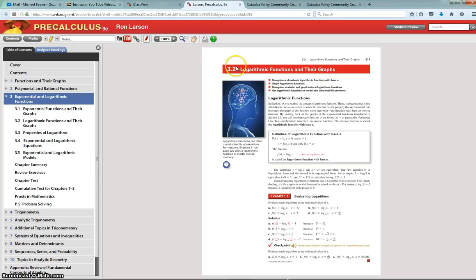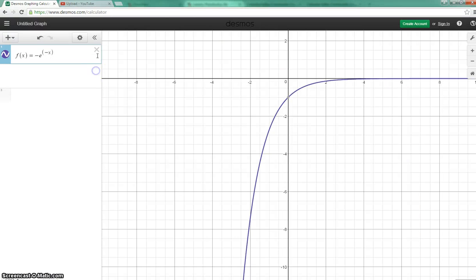All right, chapter 3, section 2, we get to talk about logarithmic functions. They have a nice definition of logarithmic functions, but the main thing you need to get comfortable with is how to go in between an exponential function and a logarithmic function. Before we look at a couple problems in WebAssign, I want to take